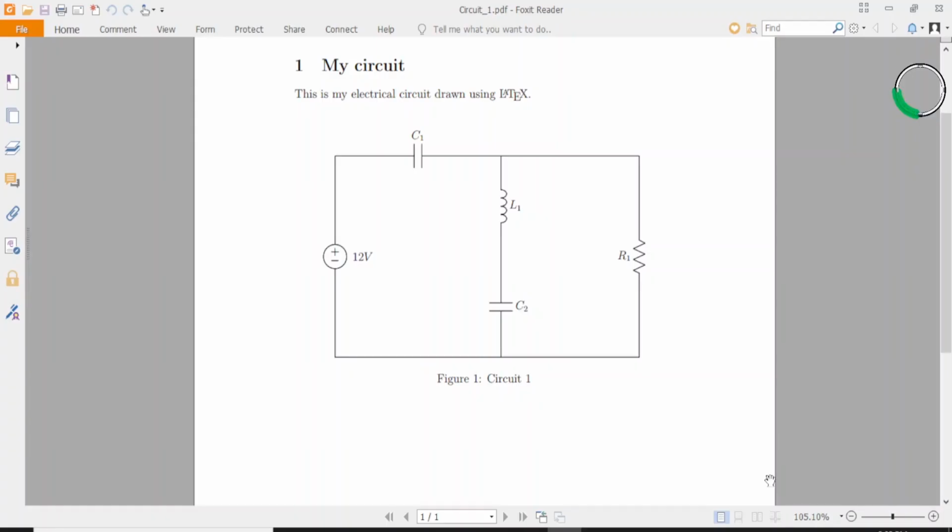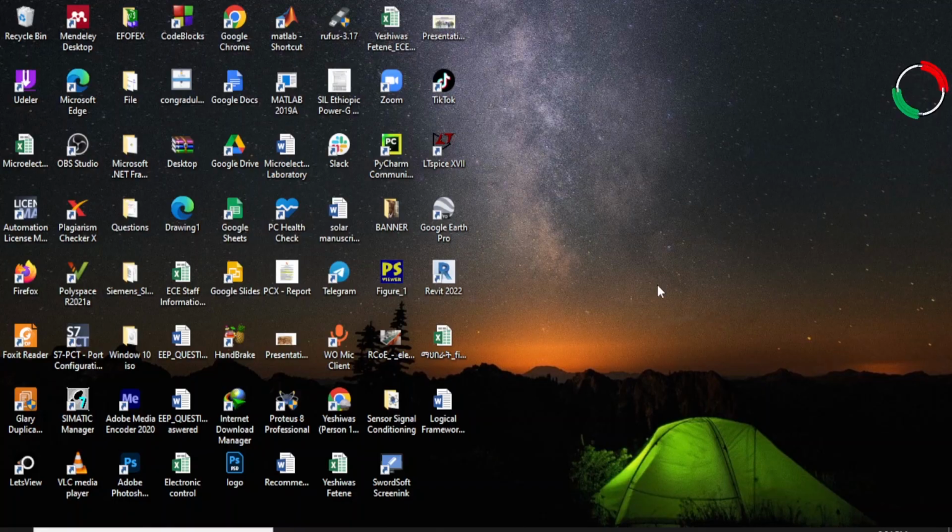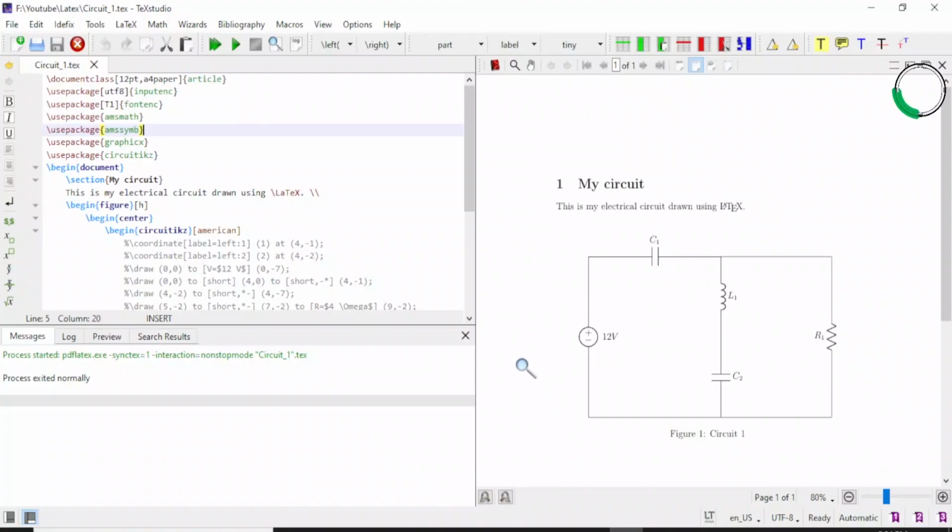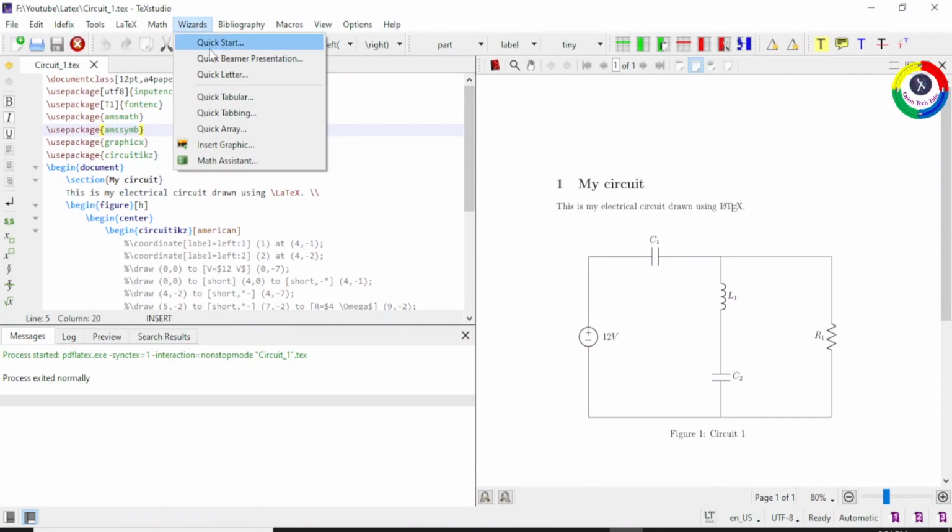Everyone, in this video I'm going to show you how to draw beautiful electrical circuits using LaTeX. First, open your LaTeX editor. In my case it is TeXstudio. Now open your new LaTeX document by pressing File and New, or you can press Wizards and Quick